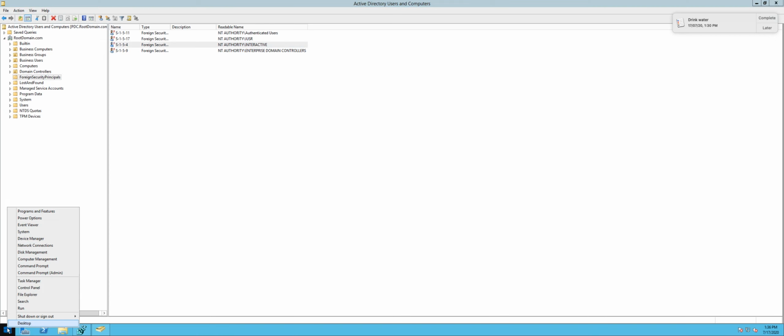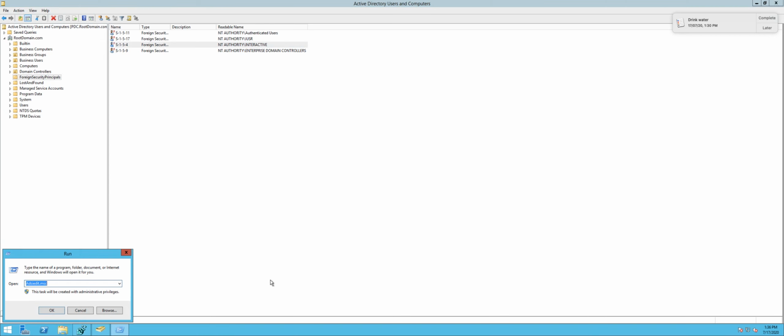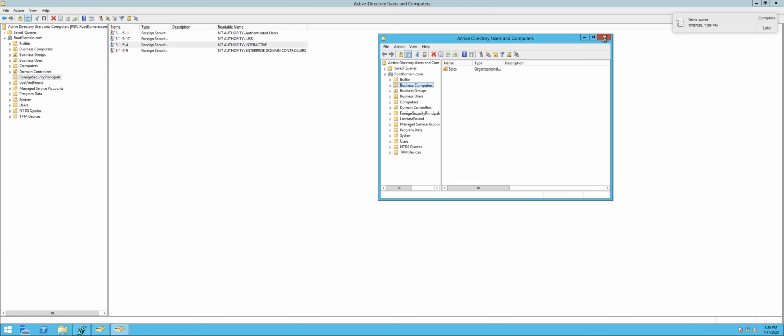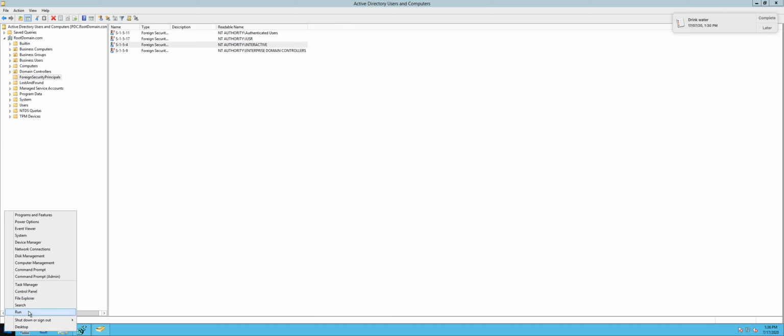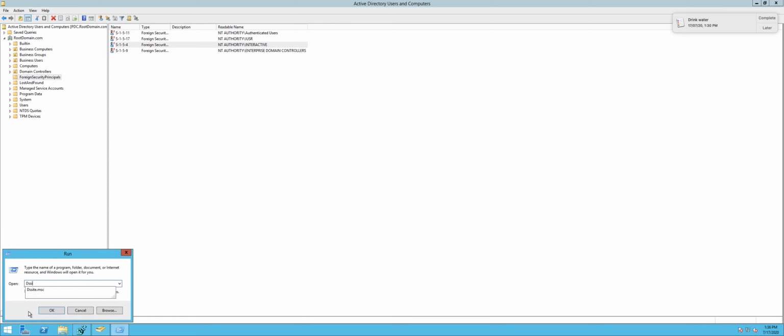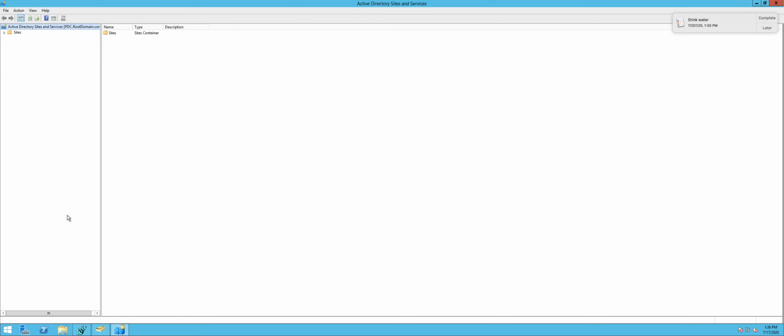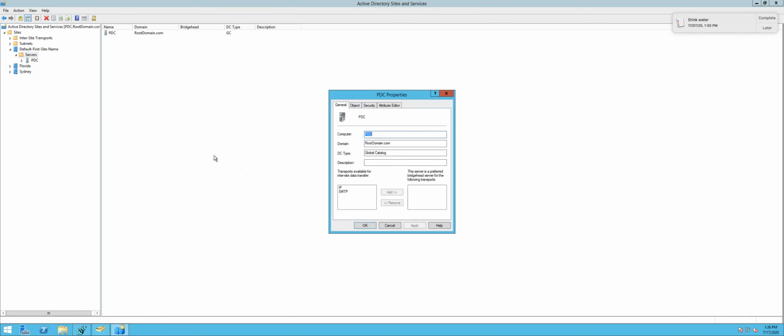Let me show you first of all that global catalog is also a domain controller, or basically any domain controller can be made a global catalog. How do we make a domain controller a global catalog? We go to dssite.msc, which is Active Directory Sites and Services. We go to our site, we go to our domain controller, we go to its properties, and